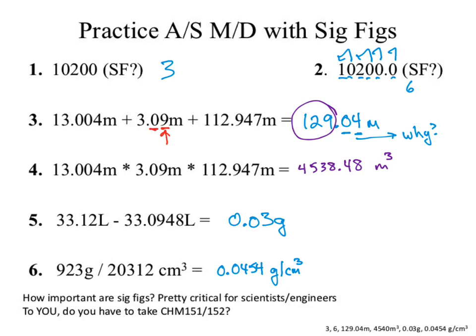Addition, subtraction, the least precise place. In this case, you go out to the tenths, hundredths place. For 4, if we punch into the calculator, your calculator should spit out this big long number, and that is of course wrong because that has too many significant digits. Because it is multiplication division, we have to go based off of the fewest number of sig figs. There's 3 sig figs in that middle one. Our answer needs to be 3 sig figs. 1, 2, 3. So 4, 5, 4, because 8 is larger. So I add 1, and this is usually when I'll get 454 meters cubed.